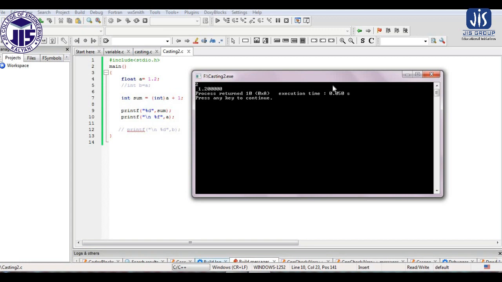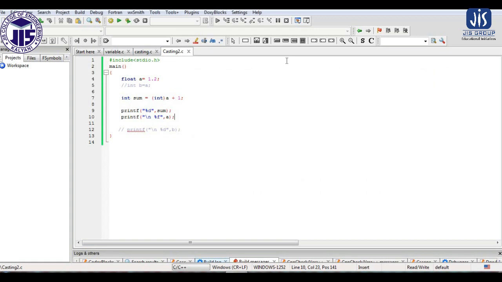Previously we discussed implicit typecasting, where the typecasting was automatically done by the compiler, and here the typecasting is not automatically done by the compiler. We are forcibly changing the type, as you can see by this instruction that we have written int within brackets before the variable a. That means here we are changing the type by instruction. So that's why it is called explicit typecasting.